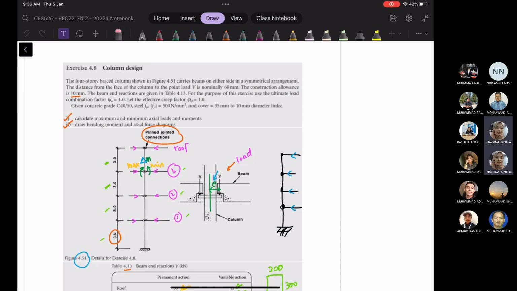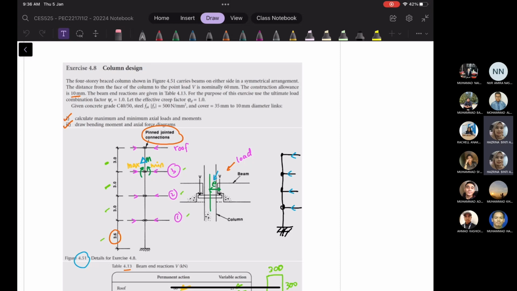A bit on the substructure analysis, right? So we have column design. So apa ni? This is one example lah. Okay, when we have the pin jointed connection between the beam and also the column in a precast concrete structure, right? So the four-story braced column, as shown in the figure, carries beams on either side in a symmetrical